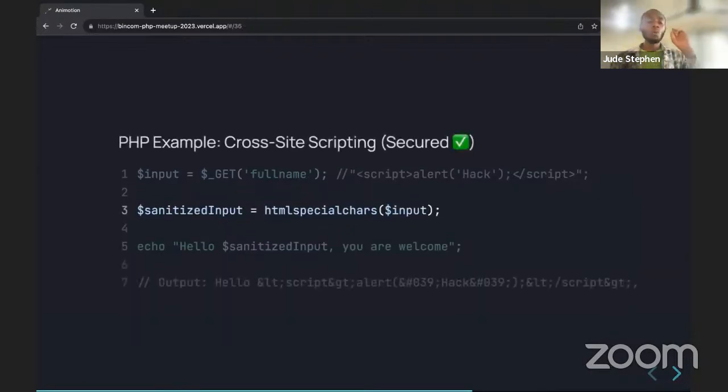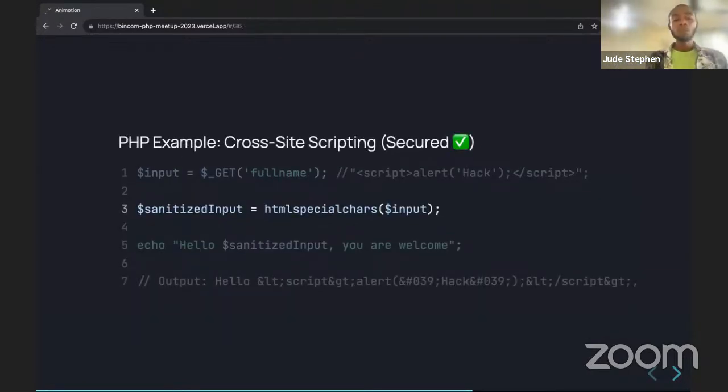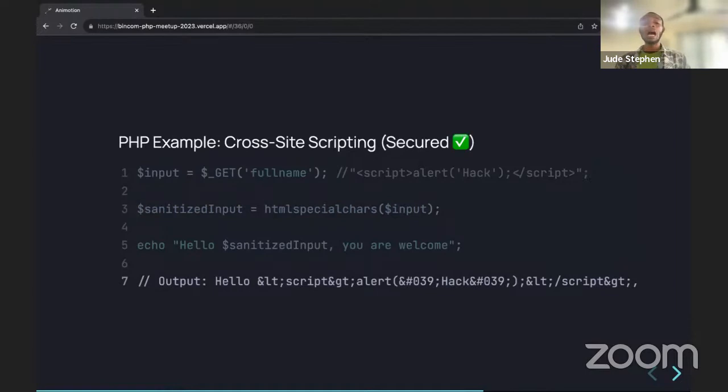How do we stop this? We sanitize our inputs. So when you have an input from a customer, from a user that you want to display immediately for them, make sure you sanitize it. If you're using plain PHP, I believe you know about htmlspecialchars. This will sanitize this input. And when we display this input, our output will be more like cleaned, unexecutable HTML, thereby rendering the malicious user useless in this case. So this is an example of plain PHP, but let's look at Laravel.